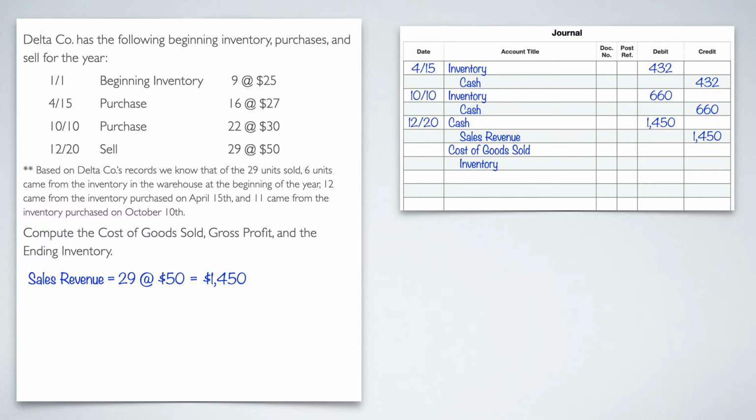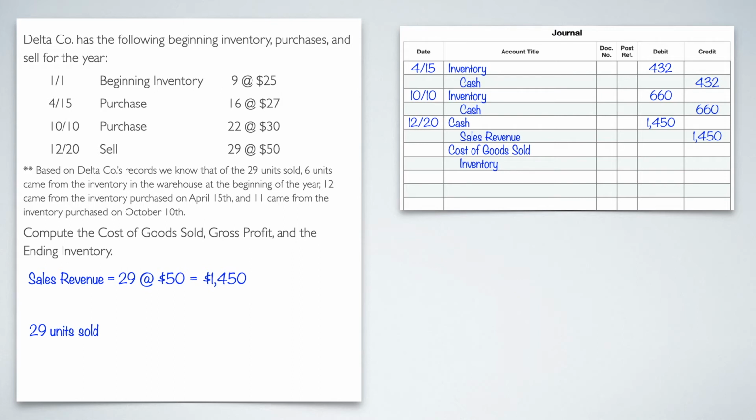So now let's try to go into figuring out, okay, what is our COGS using FIFO? And so we need to know how many we're going to expense. Well, we sold 29, so that's how many we're going to expense, 29 units. And that paragraph that talks about 6 units came from, that's irrelevant now because I don't care where they came from. I'm assuming that the first ones that I purchase are going to be the first ones to leave.